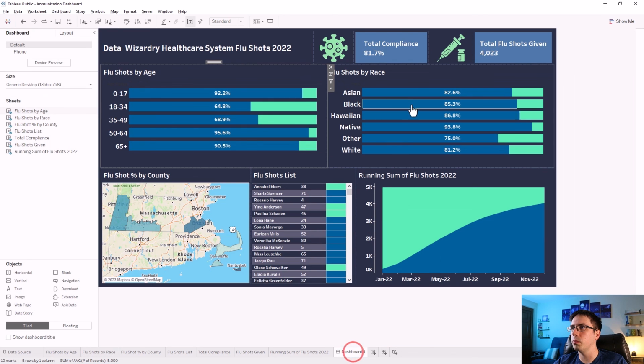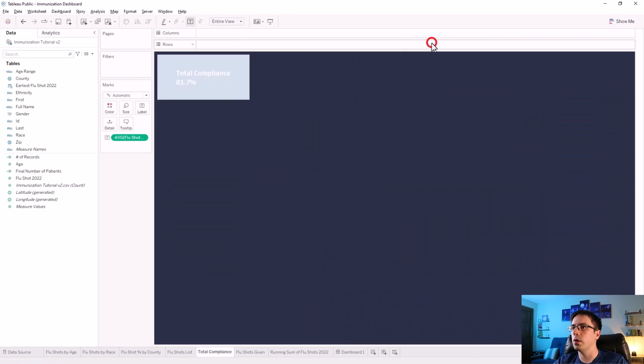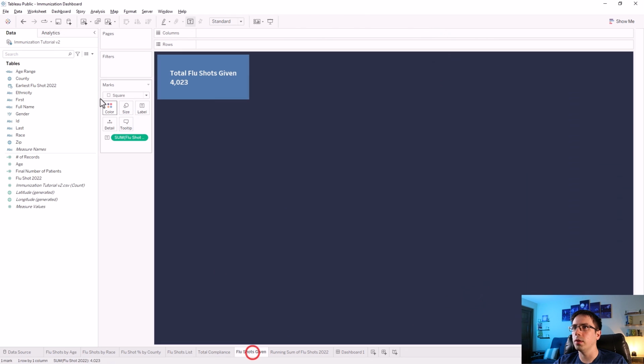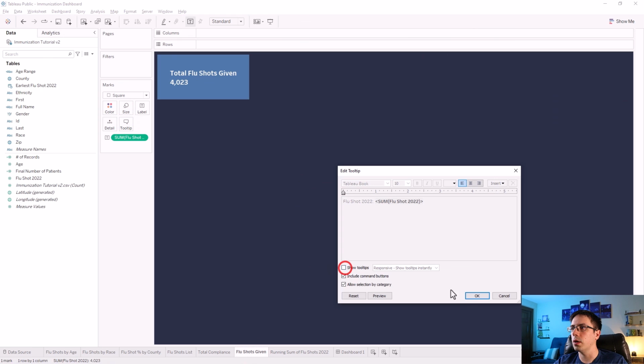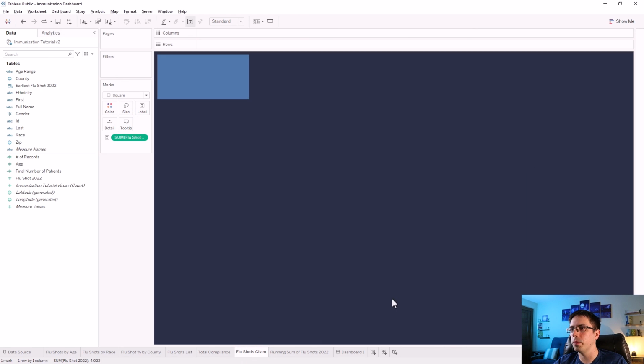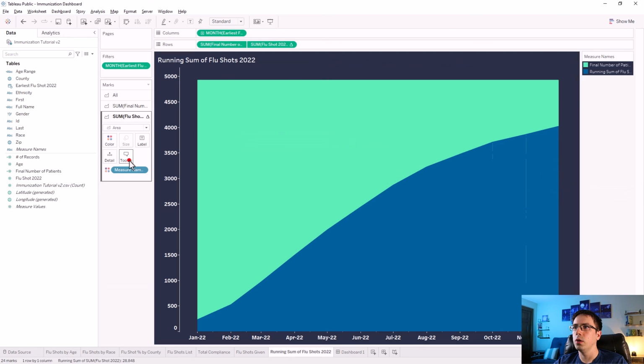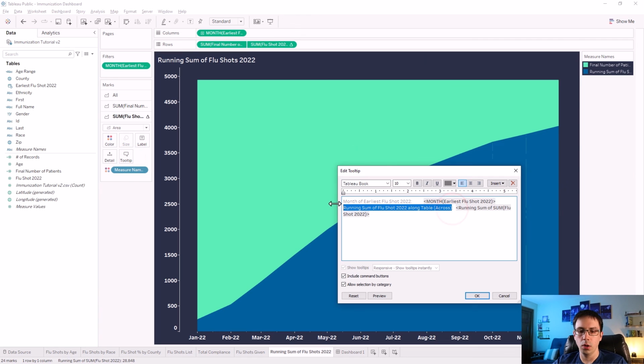Let's go back to our dashboard. So no tooltips here. These ones don't need tooltips, so I'm just going to click on this, go to Sheet, Tooltip, uncheck the Show Tooltips, go to this next one, go to Tooltip, click Show Tooltips to unshow it. Go back to the dashboard. I'm going to look at this one here. This one is also not self-explanatory, so I'm going to modify this one. So click here, go to Sheet, Tooltip, and then I'm going to say running sum or cumulative